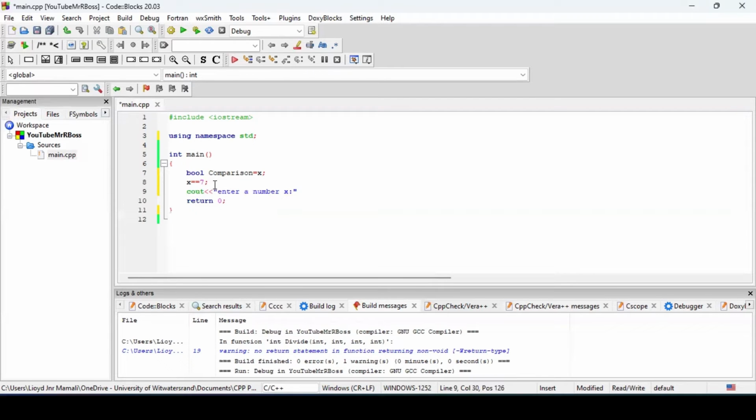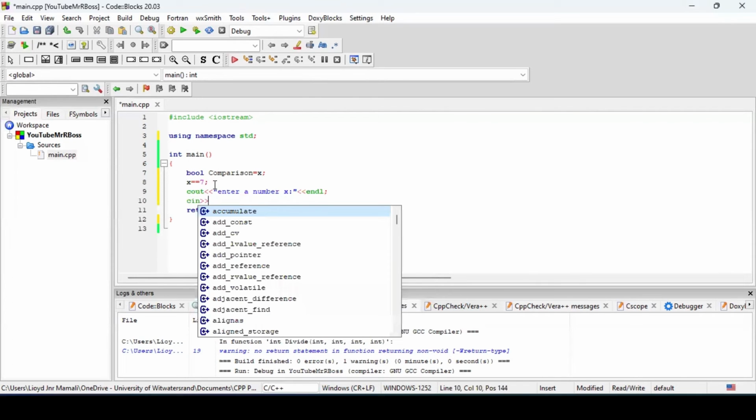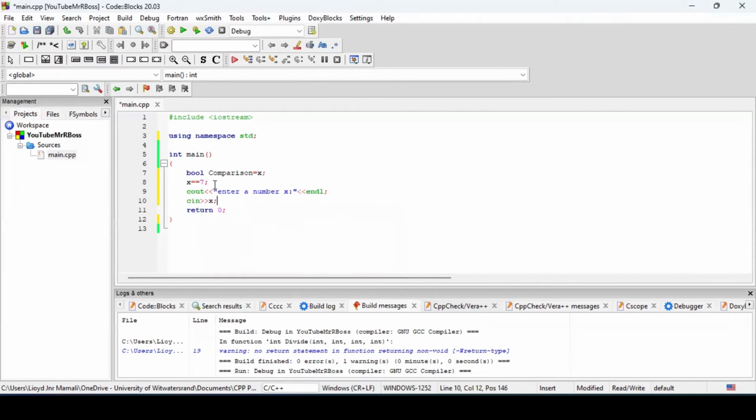And then after that, I'll just say endl. And then I'm going to say cin x, right? And then afterwards, I'm going to write my if statement,